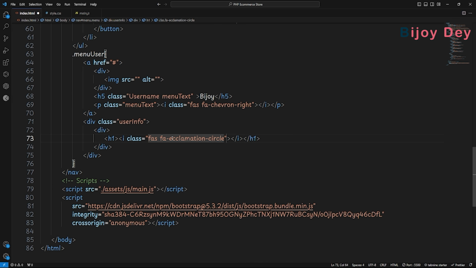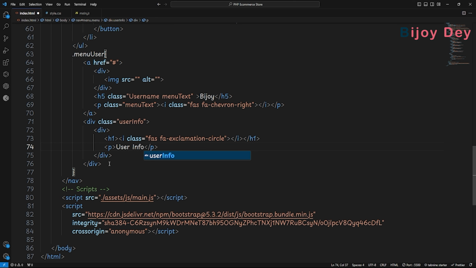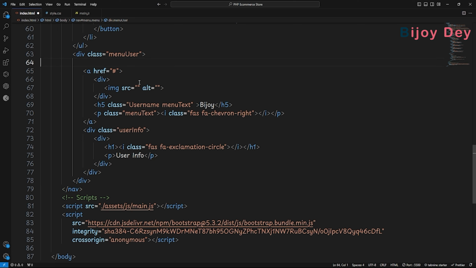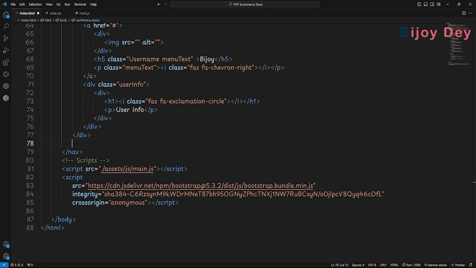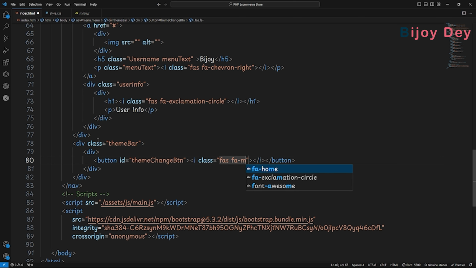Okay, now in paragraph icon user info, and remove this portion, and div section copy and paste in secondary. Okay, now we are using timber where is my dark mode and light mode, so need a button and id timber, so theme change btn, and in change btn I need an icon fas fa-moon. Okay, and save this file